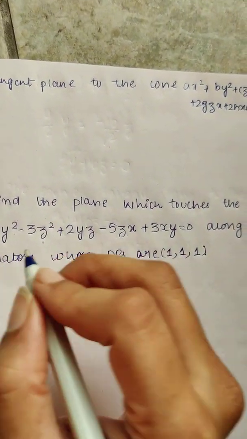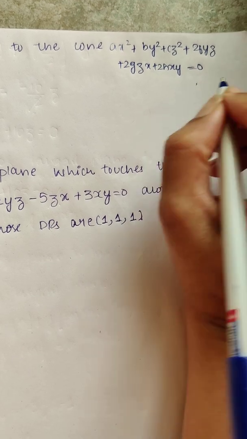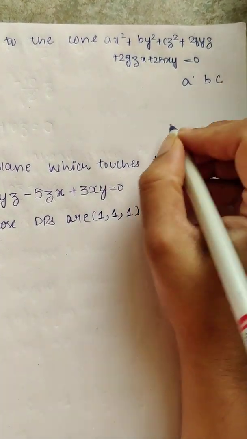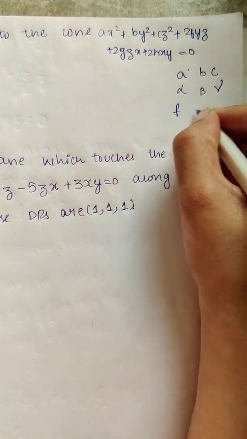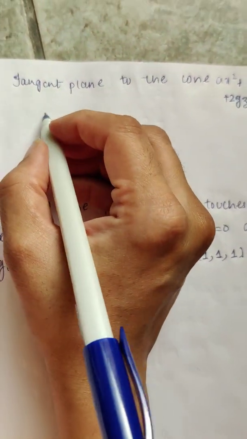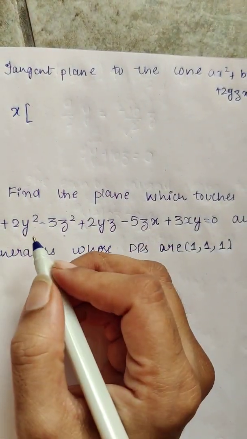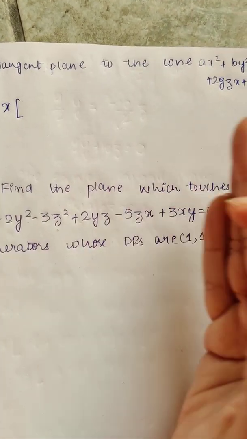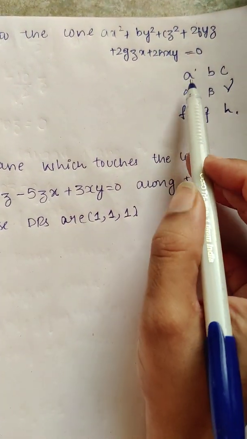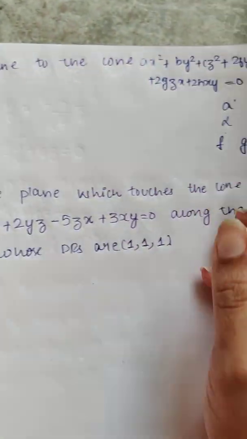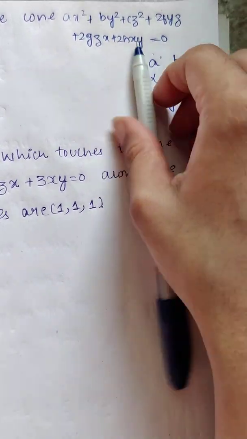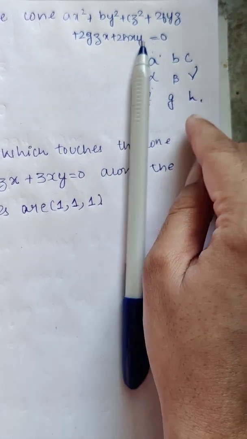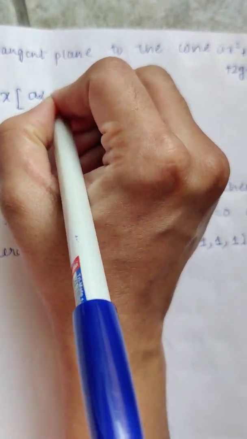I told you how to remember the tangent plane to the cone at the point (alpha, beta, gamma). You write down A, B, C, alpha, beta, gamma, and then F, G, H. The tangent is an equation that has the coefficients of x, y, and z. First, the coefficient of x is A alpha, then hide this term and cross multiply the rest, so it is H beta plus G gamma.